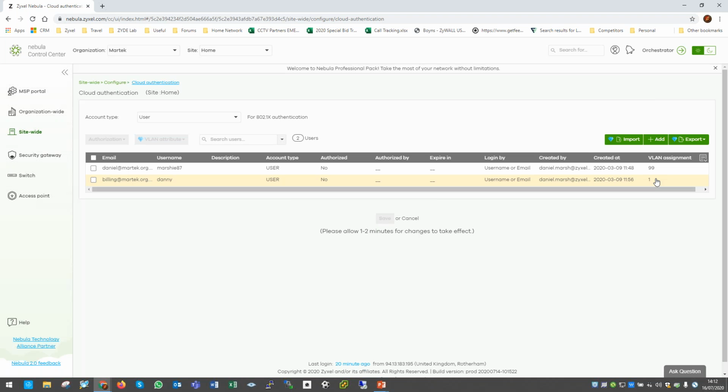So by doing this, let me give you a scenario: we have a managed office building. So one building, one level of network, obviously with VLANs implemented throughout, but each room is allocated to a different business. Now, what you can do is create a user for each of these businesses. So say there's 10 businesses, you'll create 10 users there with 10 different VLAN assignments. This business can go into any room, connect to any wireless access point throughout, whether that be a communal conference room or anything. And as long as they put in their correct details, they will join the correct network and